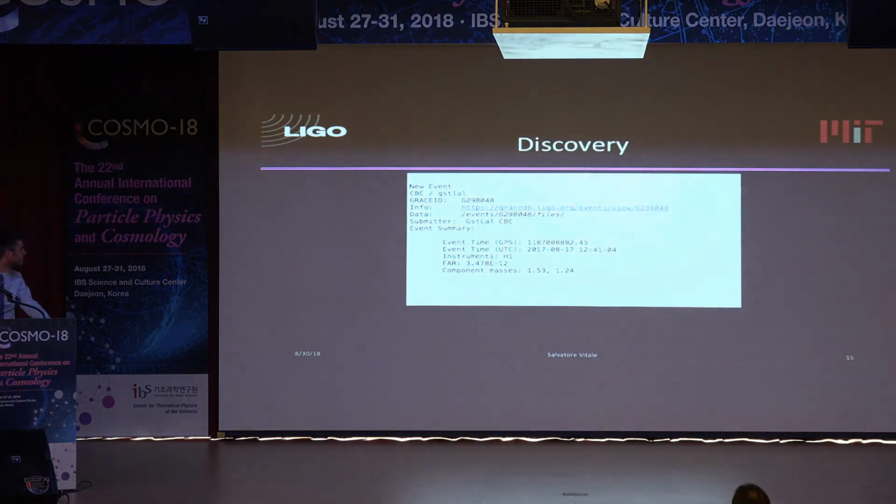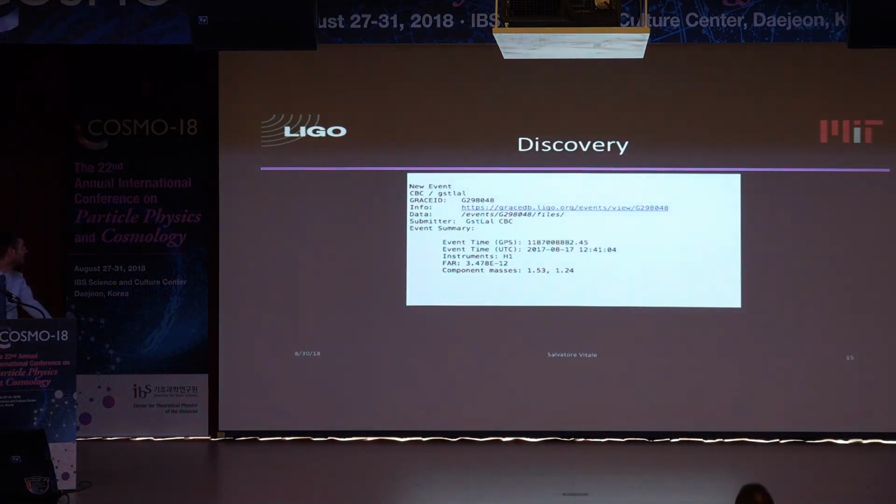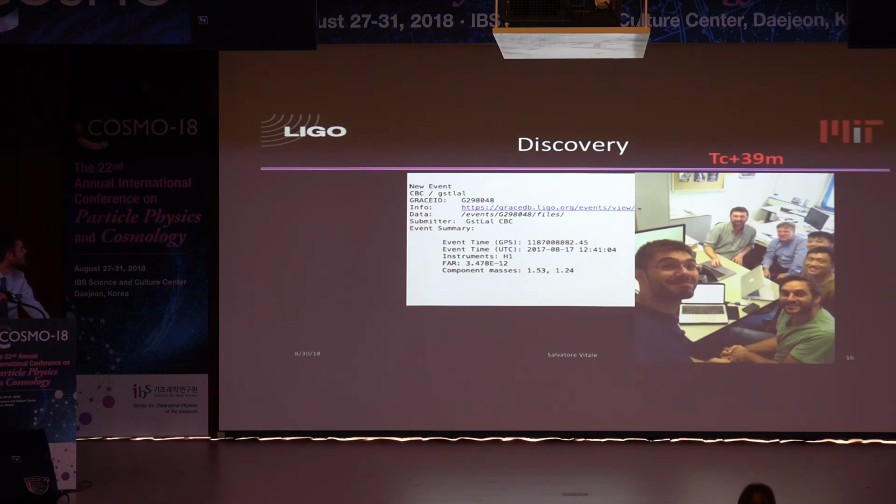All right, that was true until a year and a half ago. Then this happened. Since the first speaker shared some personal story, I will share some of mine. I got this circular that tells you we got something. This is the false alarm rate. These are the masses. I was at NICEF. There are some people from NICEF here in Amsterdam. We jumped into a teleconference and got this picture 39 minutes after the trigger time. As far as I know, it's the closest picture to the event of anyone involved. We were still in the teleconference where things were discussed.